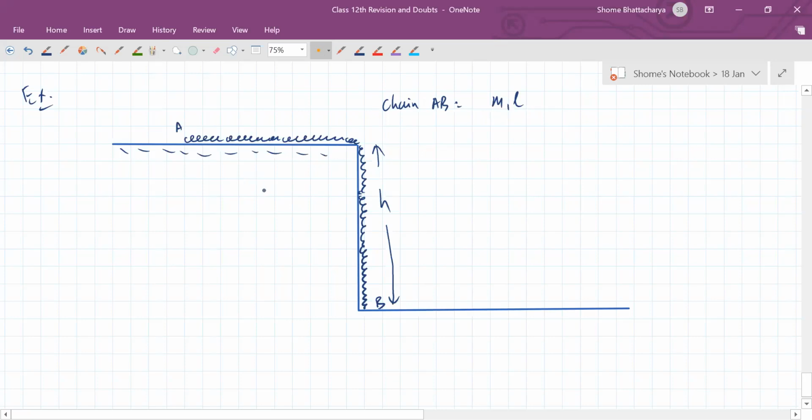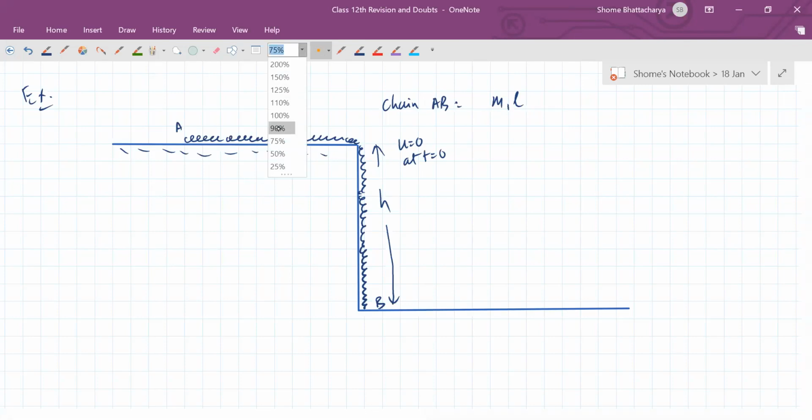So we release it from this position. At a certain moment the chain is set free. With what velocity will the end of the chain slip out of the table? Okay, so u is equal to 0 initially here. Now after some time, what will happen is that